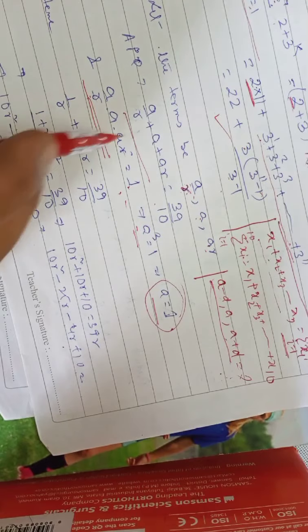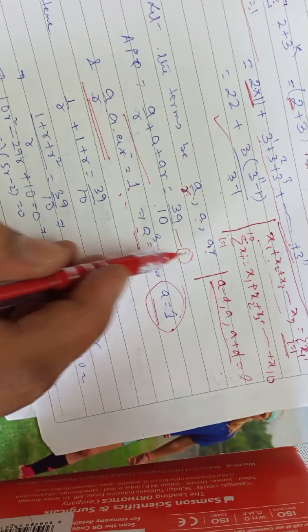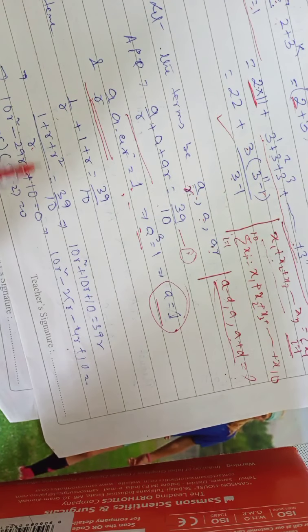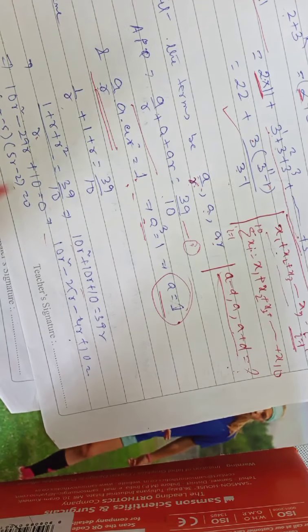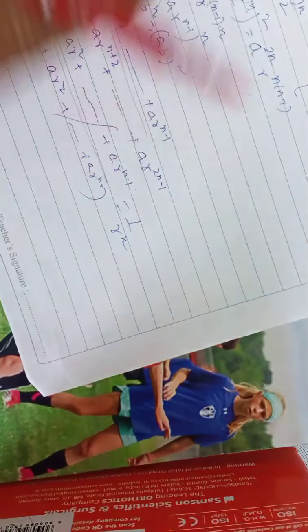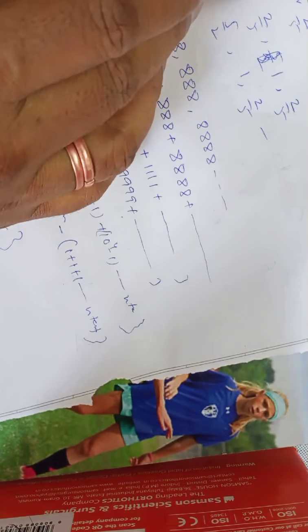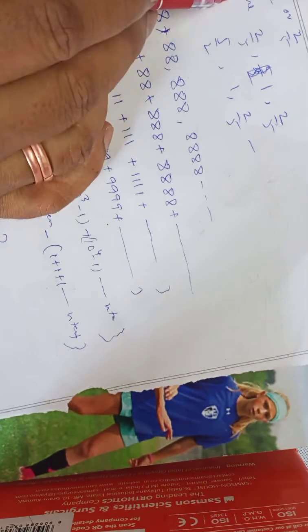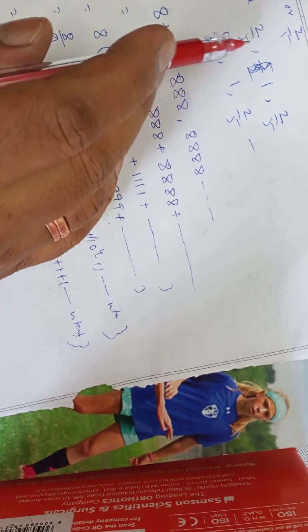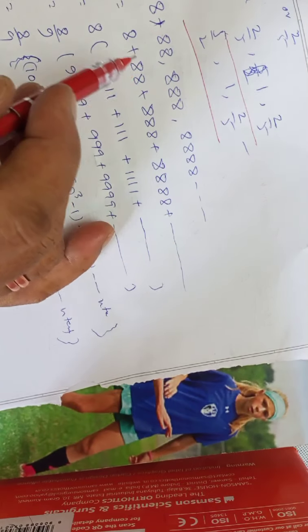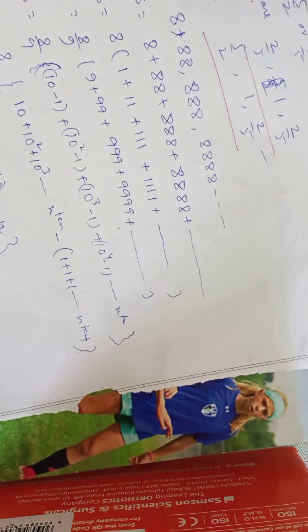Now put the value of A in this equation. Then we get this quadratic equation. I will solve this quadratic equation for R. Two values of R will come, 5 by 2 or 2 by 5. Then the terms are, if you take 2 by 5, then 5 by 2, this is coming. Two types of series are coming. Both will satisfy the given condition.